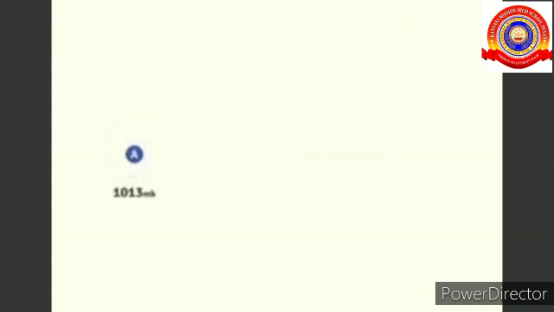Naturally, atmospheric pressure moves from high pressure region to low pressure region. To illustrate this, let us suppose that point A has a pressure of 1013 millibars and point B has a pressure of 997 millibars. Here, the pressure moves from A, the area of high pressure, to B, the area of low pressure. So we can understand that atmospheric pressure moves from high pressure region to low pressure region.